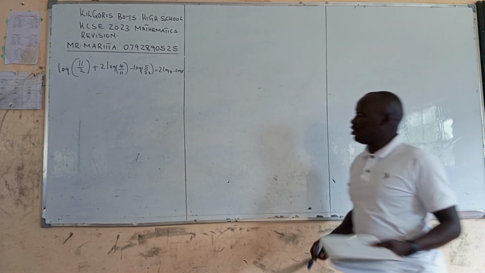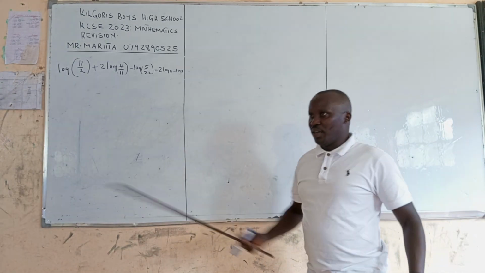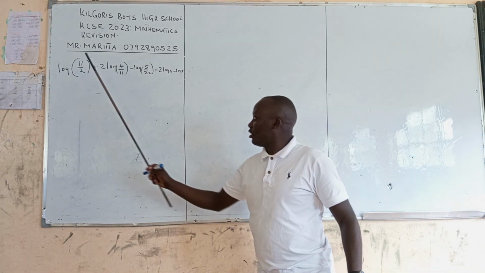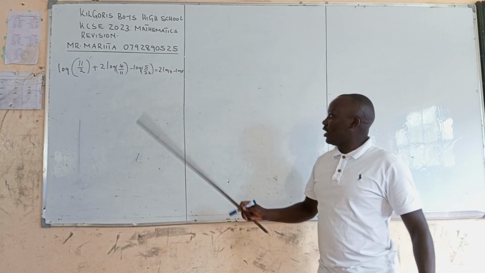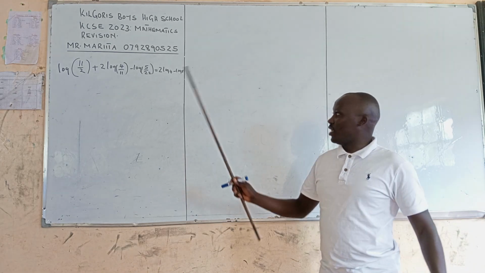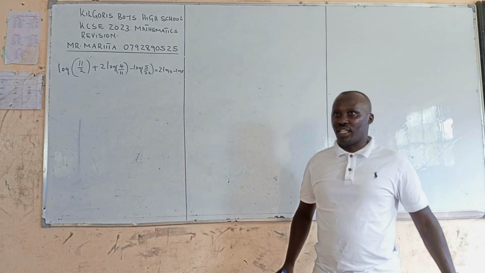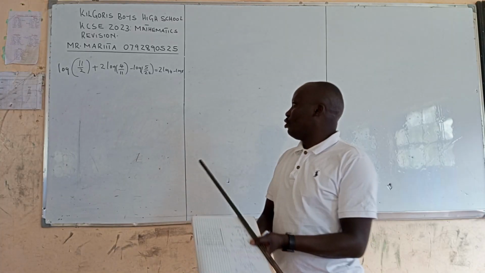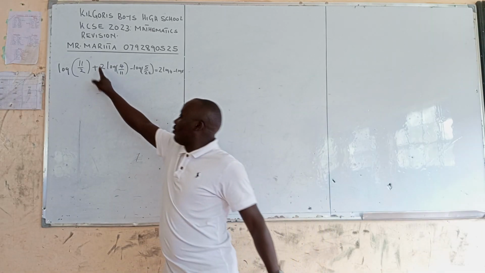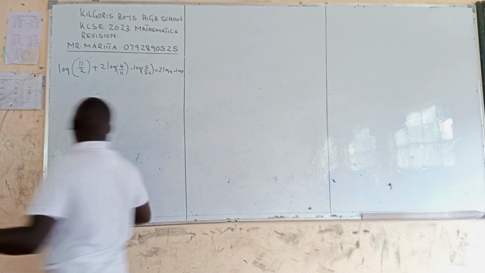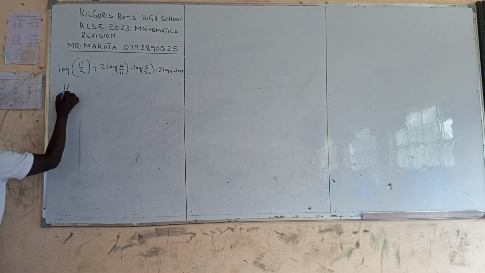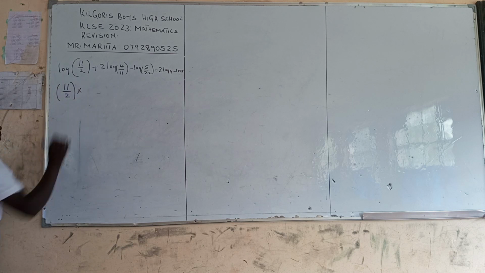Looking at this question, in the first case the problem contains the logarithm. We have log 11 over 2, then we have another logarithm here and another logarithm there. What is normally done is to just drop those logarithms. To drop the logarithm while performing the operation, we can have this as 11 over 2. This one is multiplied by